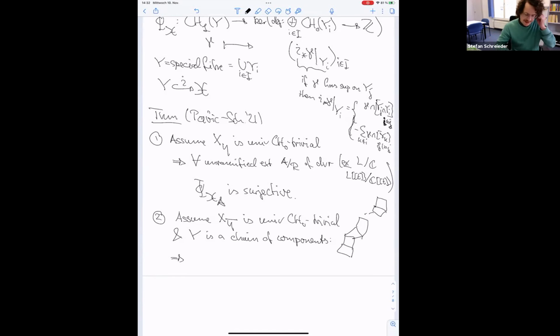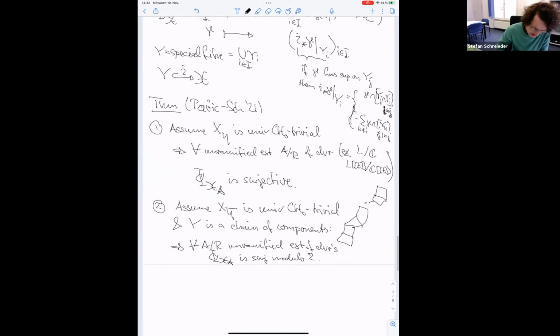then we still get a statement on X, and we get that for every unramified extension of DVRs, this map from above applied to the base change of curly X is surjective modulo 2. Okay, so what's the point about 2? Well,